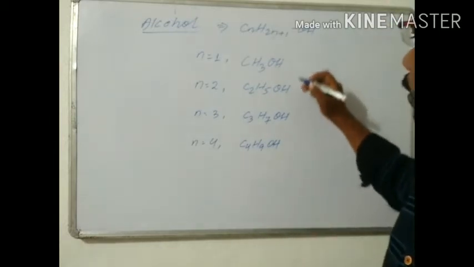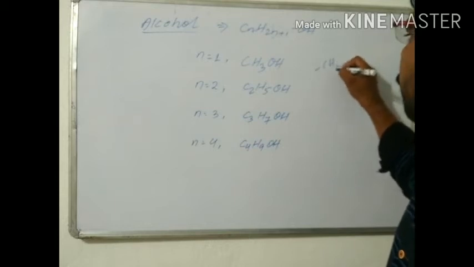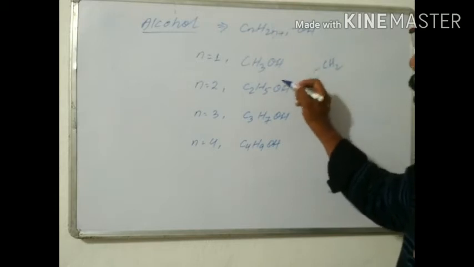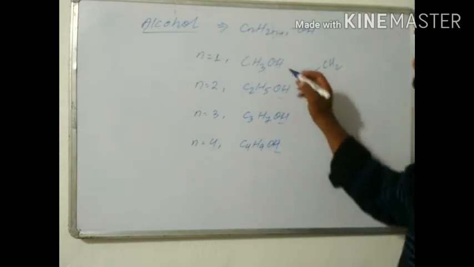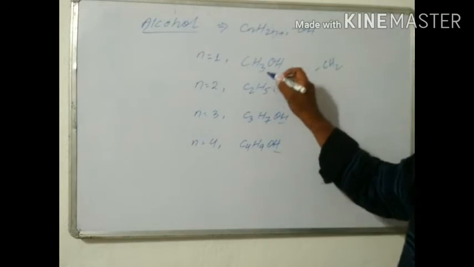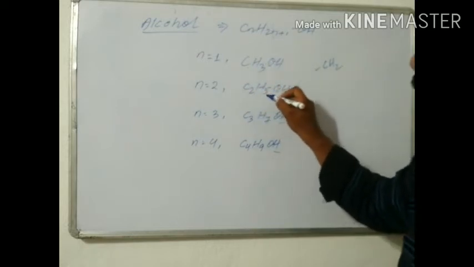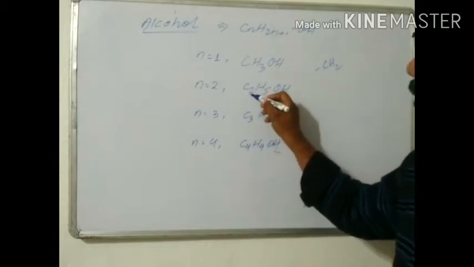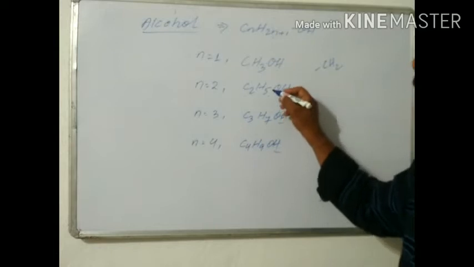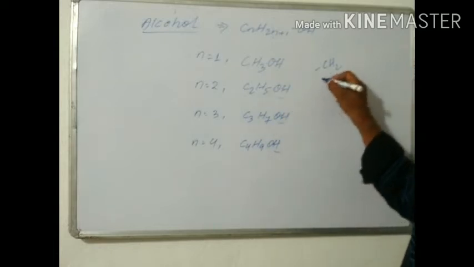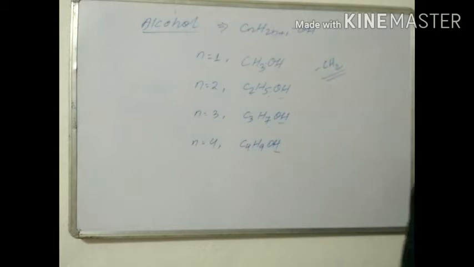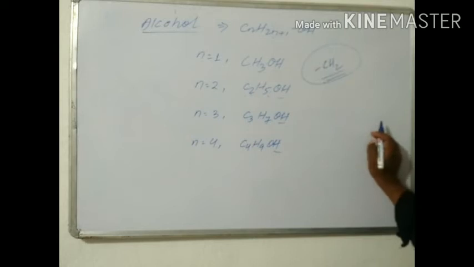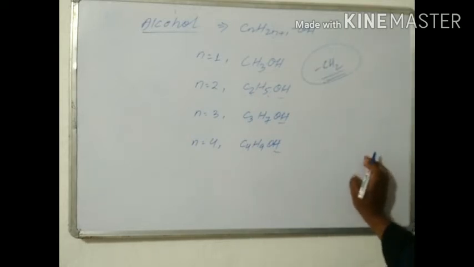From one compound to the second compound, what is the difference? A CH2 group. Then it is a homologous series. Here the OH is the same in all compounds, but the difference is: one carbon and three hydrogens, but here two carbons and five hydrogens. A CH2 increase from compound to compound. Here two carbons and here three carbons, one carbon more, and five hydrogens, here seven hydrogens. So the CH2 group increases. They are successive members, so from one compound to the next compound the difference is a CH2 group. Then that is a homologous series.